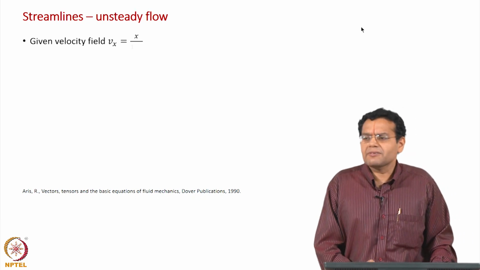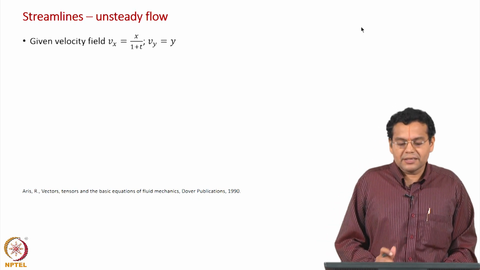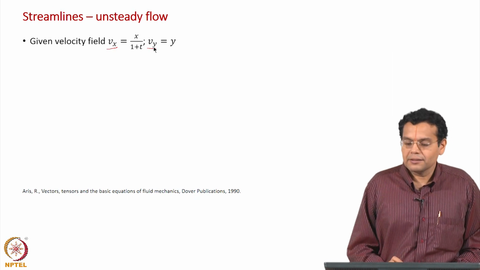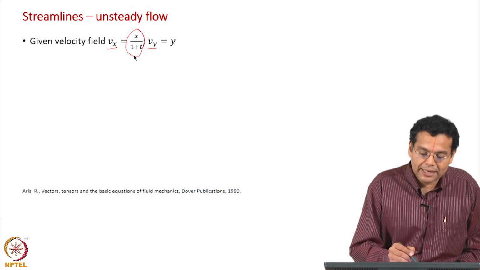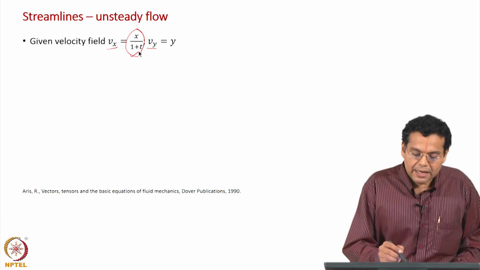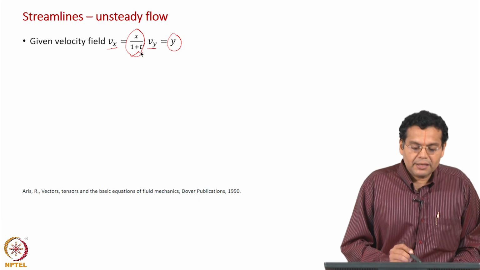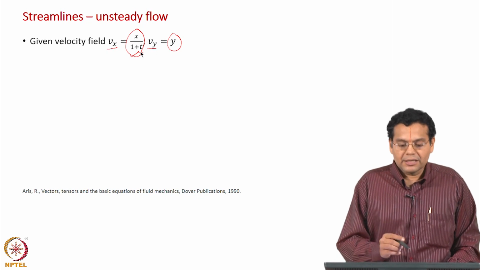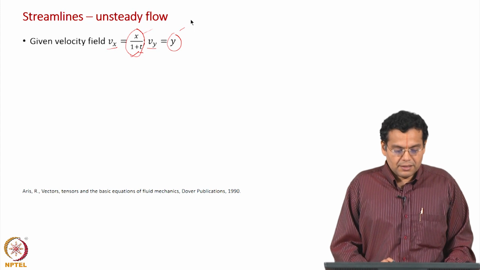Okay. We start with this velocity field. The velocity field is given by, once again, both an x component and a y component. The x component depends on x and also time, that is where time is brought into the whole problem, and the y component is just a function of y. Because the x component is a function of time, it is an unsteady flow field. If it were not there, it is just a steady flow field like in the previous case.